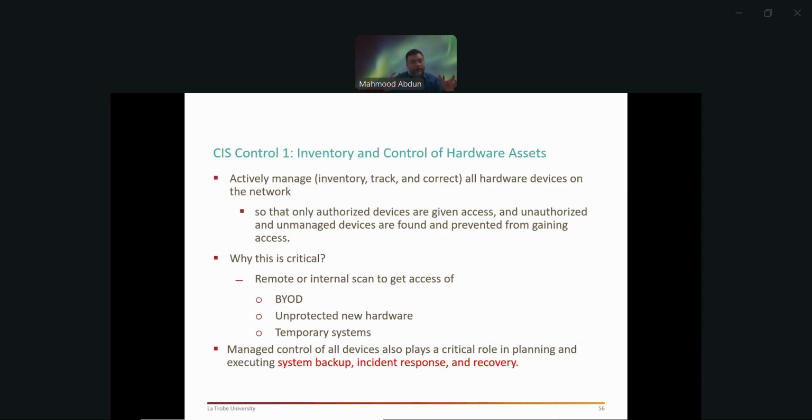In other words, you force them to use a hardened image. If they have a BYOD, maybe you can give them the laptops to take home, but say, okay, you're going to install my operating system, my image, and I have pre-installed some software that you will not be able to remove. Simple as that.